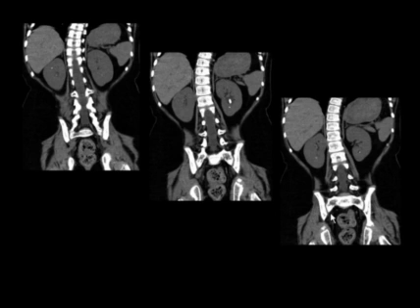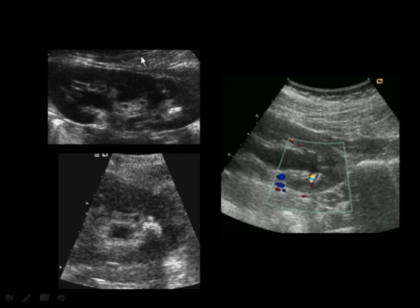The patient did go on to have CT, and this did indeed show a stone in the lower pole of the kidney, but actually there were several stones that had not been seen with the ultrasound, tiny stones here in the upper pole and the lower pole. And in addition, there were a couple of tiny stones in the right kidney as well that could not be seen by ultrasound. This is another example of a patient with a lower pole stone.